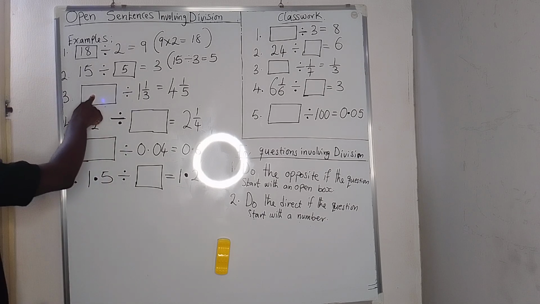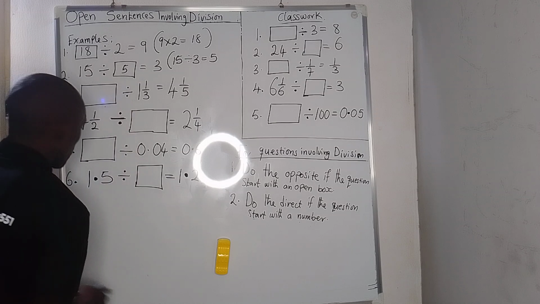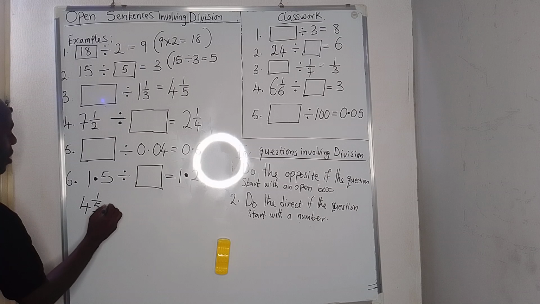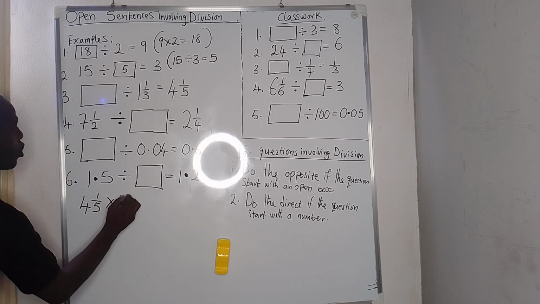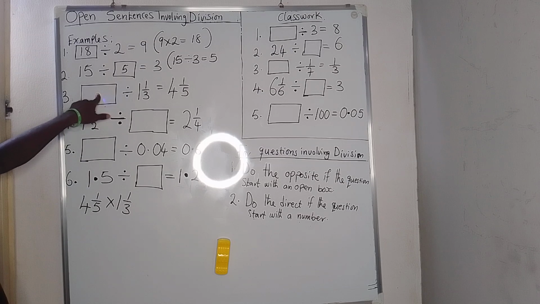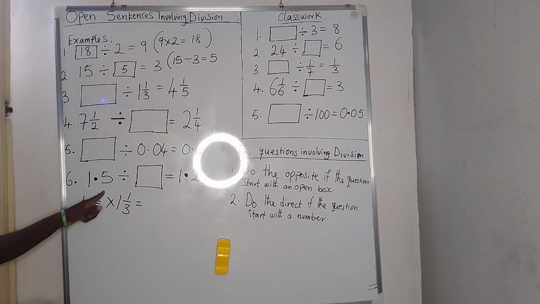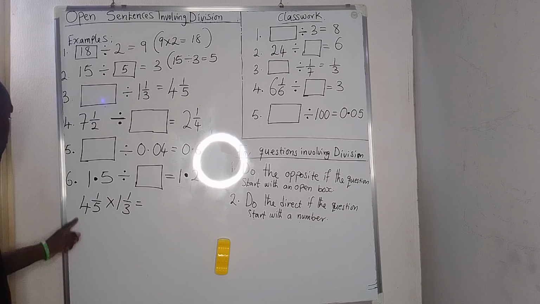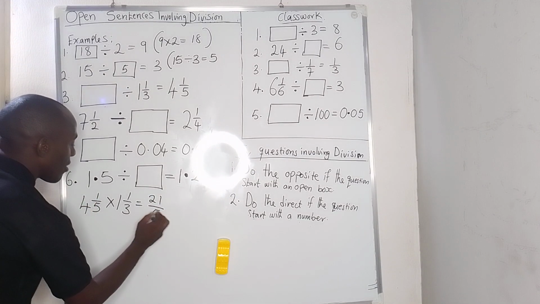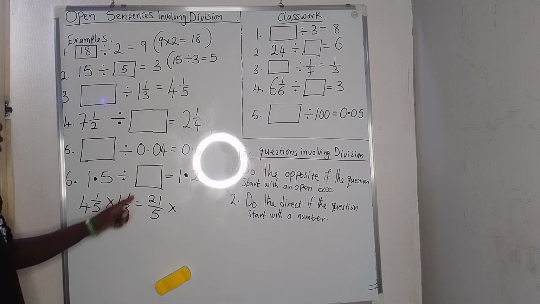Now, we have fractions to apply the rule. So this one starts with an open box. So what does the rule say? We should do the opposite of division, which means we have 4 whole number 1 over 5 multiplied by 1 whole number 1 over 3. If the question starts with an open box, we should do the opposite. So we have 4 whole number 1 over 5. We can change it to a mixed fraction. 4 times 5 is 20 plus 1, 21 over 5 multiplied by 1 times 3 is 3 plus 1 is 4